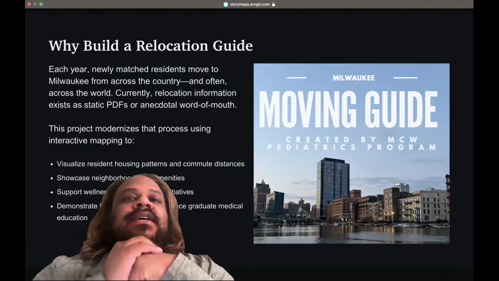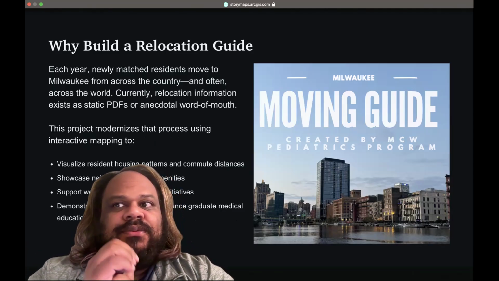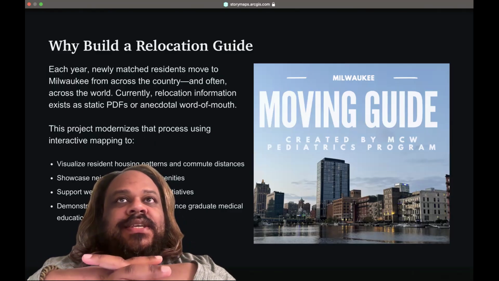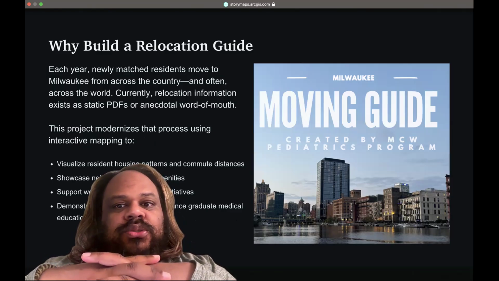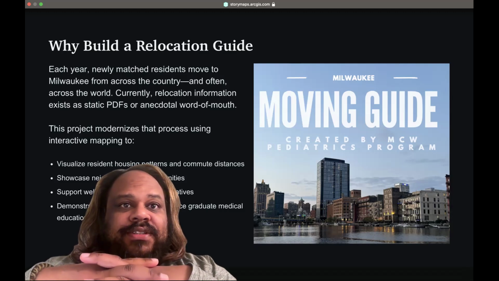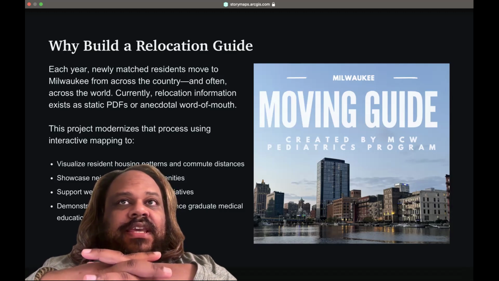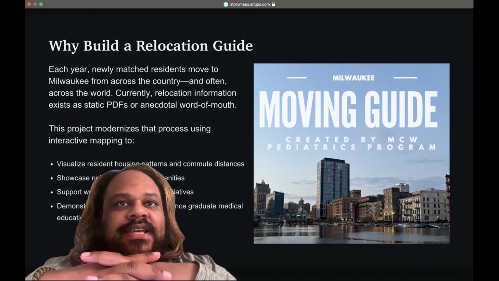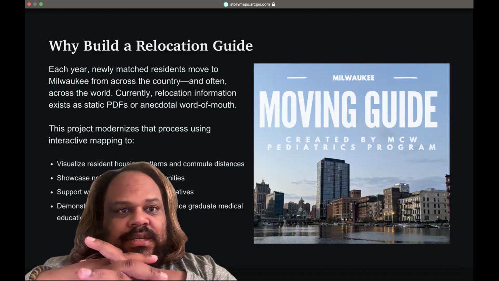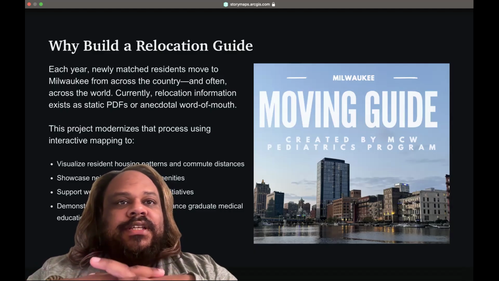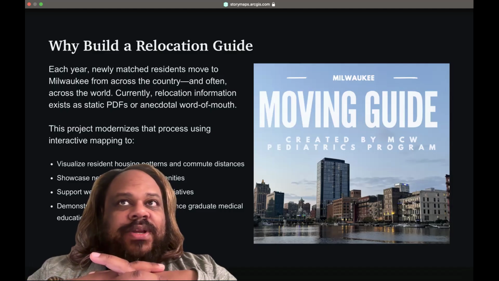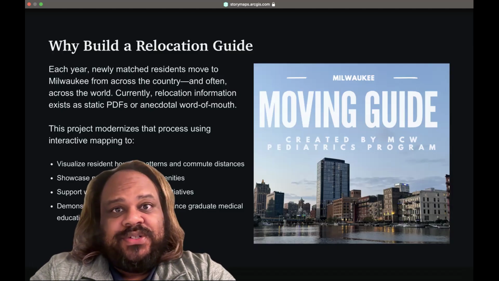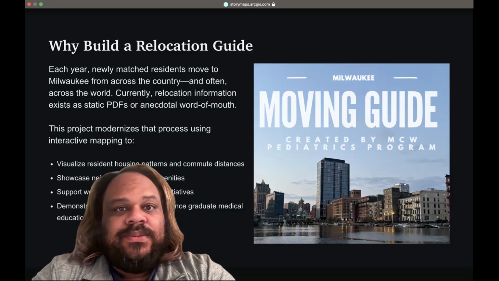So why a guide? For those of you who are not familiar with the residency match, every spring, fourth year medical students gather from around the country to experience something called the match. They rank their programs that they would like to do postgraduate training at, and the programs rank them. And a computer algorithm spits out a list, and residents do not find out until the second or third week of March where they are moving to start work in July, which means that